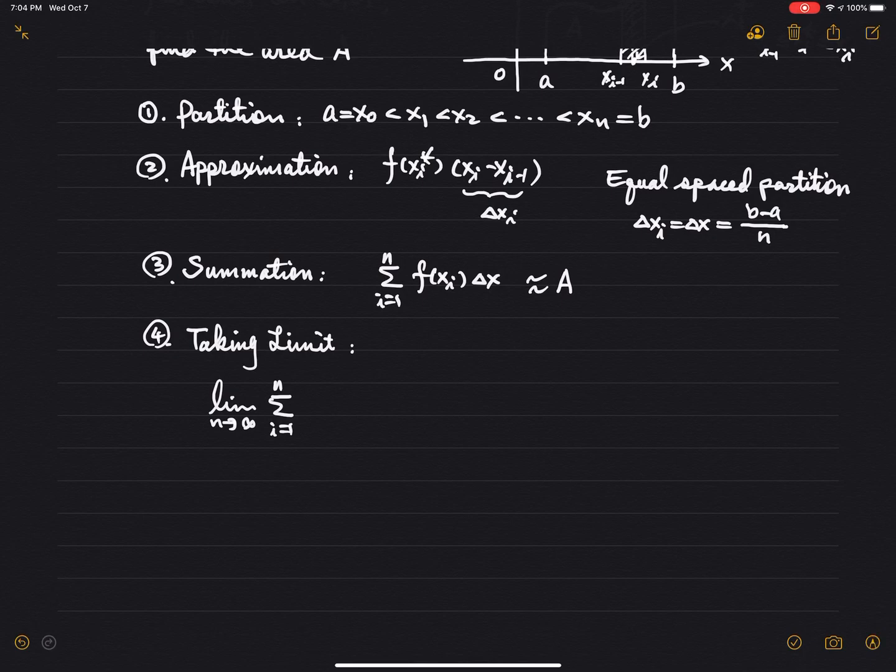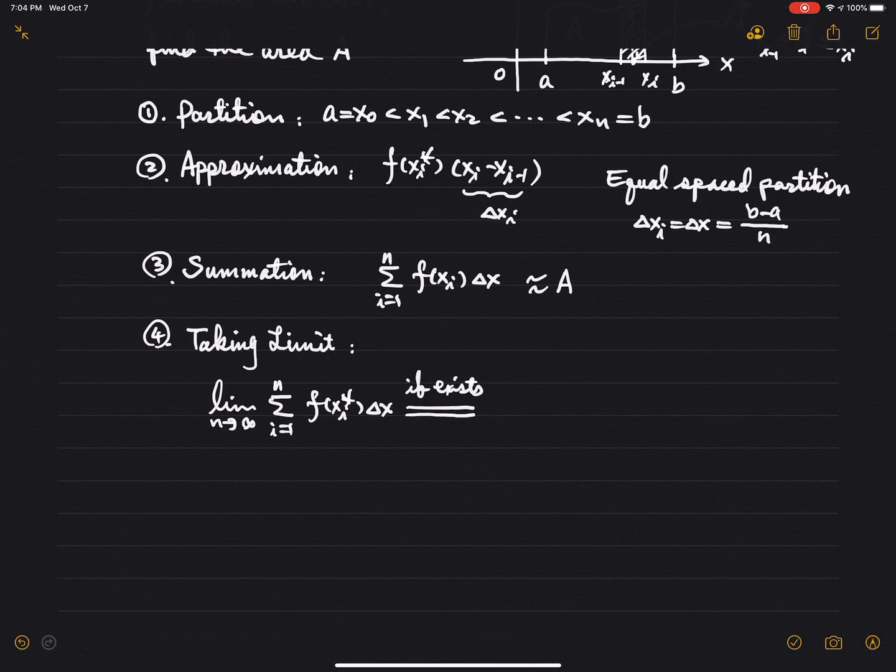That's more detail, and our textbook only talks about equally spaced partitions. So this is the limit of the sum of f(x_i star) delta x. Now this limit may or may not exist. So here we say, if the limit exists,